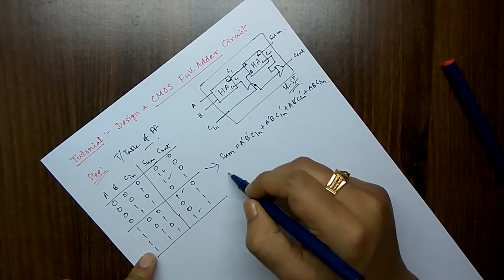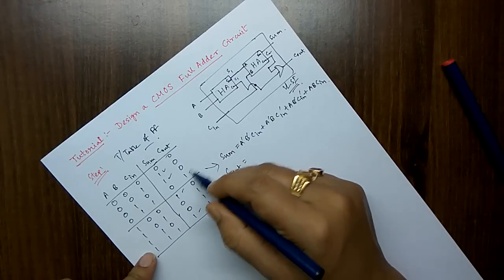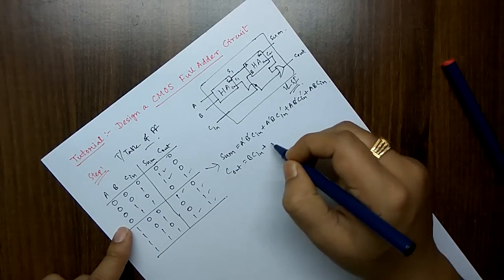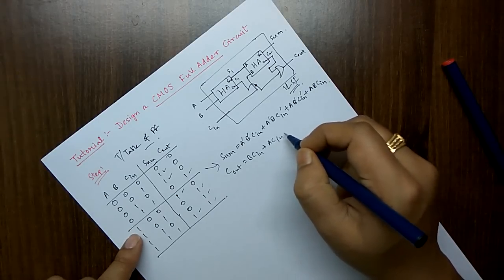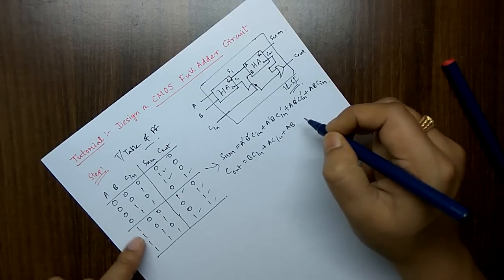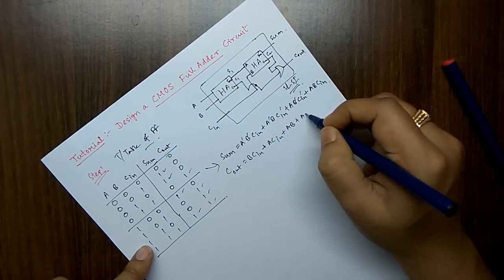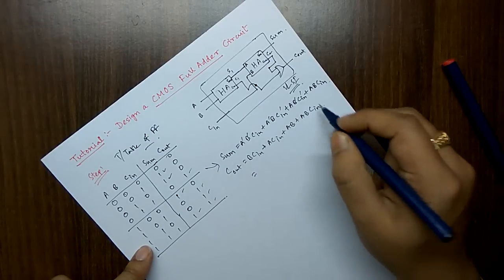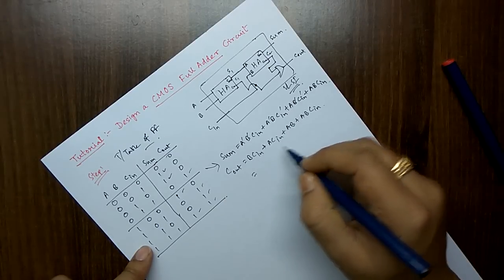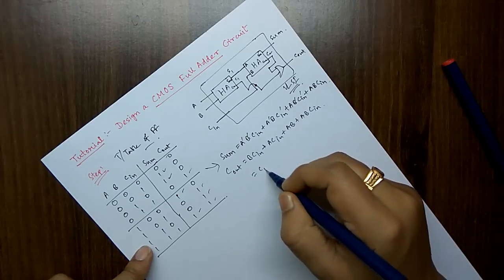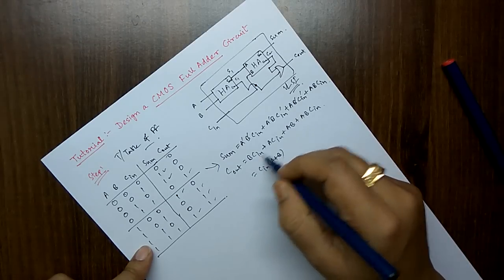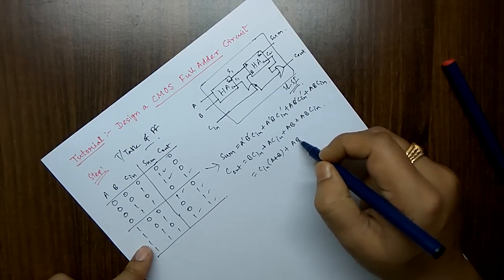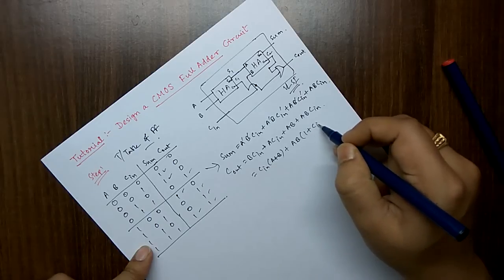Now we will see the expression of C out. See where the ones are. There are 3 occasions. So first is B C in plus A C in plus AB plus AB C in. From there we quickly take the common. Here we can take the common of C in, so we take A plus B from these two, and from here we can take AB common, so 1 plus C in.